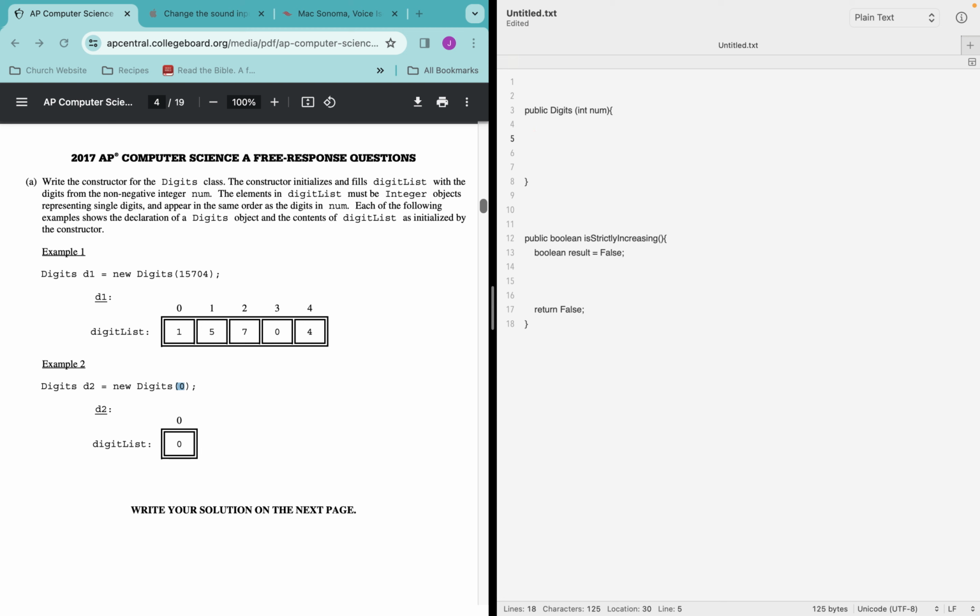Right, okay. I know that if I use mod, I can figure out the last number, and if I use division, I can figure out what the remaining numbers are. So essentially I need to keep doing that until I get to the end of the number. And I know when I've gotten to the end of the number